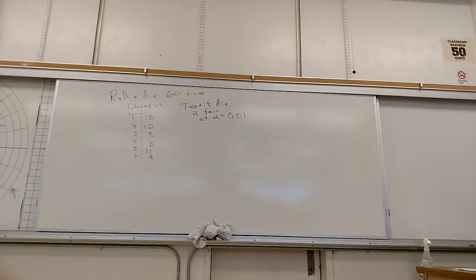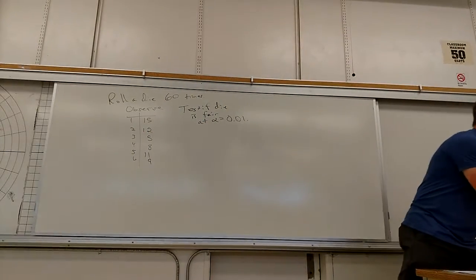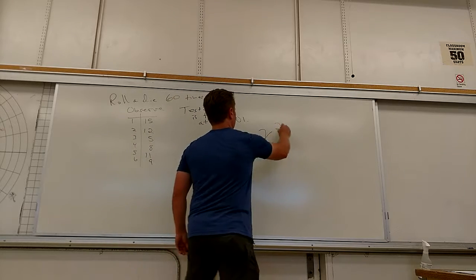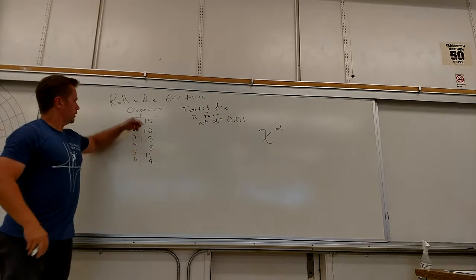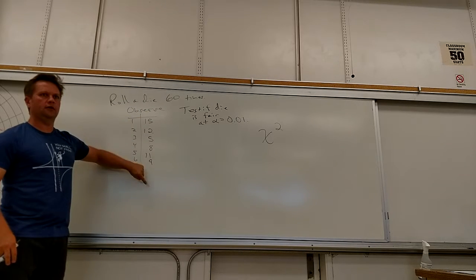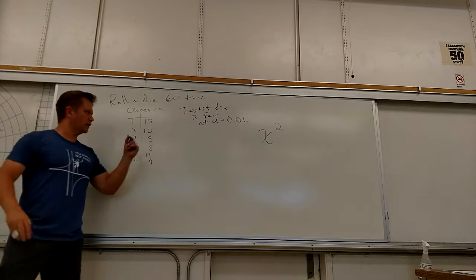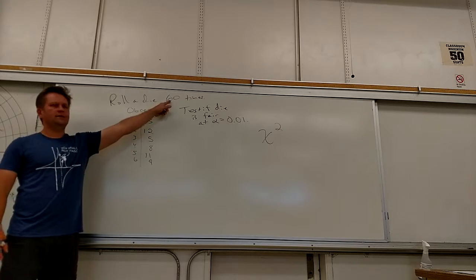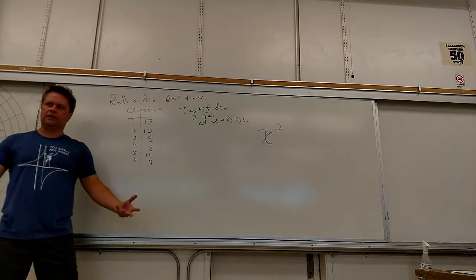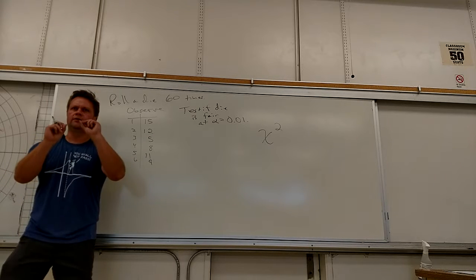All right, so you got a chi-square distribution, and one thing that follows chi-square distribution is this, the score that deals with differences between what we see and what we expected to see. Now, I like this example because if you roll a die 60 times, are you going to get what is theoretically predicted? What is theoretically predicted?